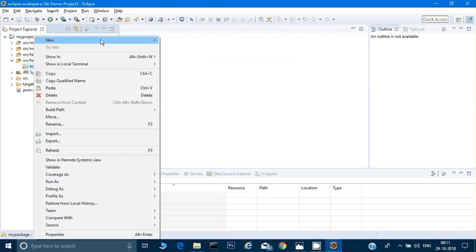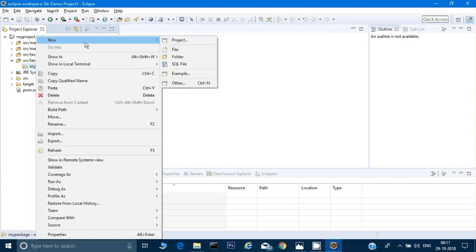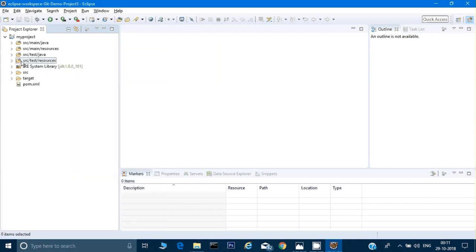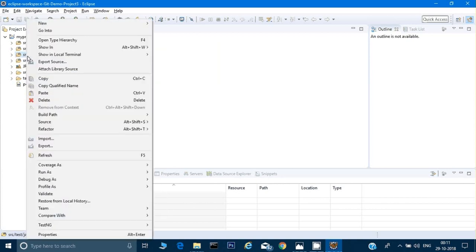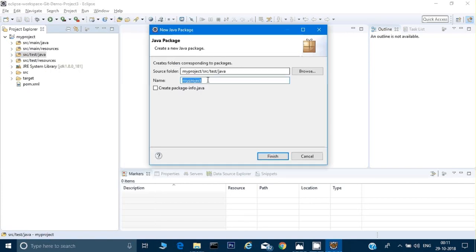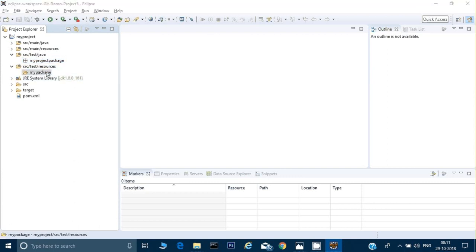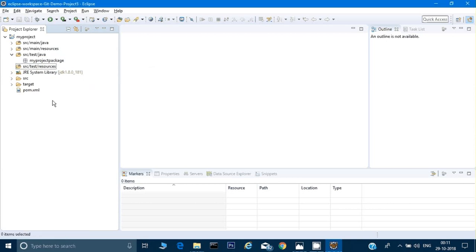And under my package I will say new. Let me create again one more time. My project package. Okay, finish. All right. Yeah, so before I was creating under resource, but I want to create under the test